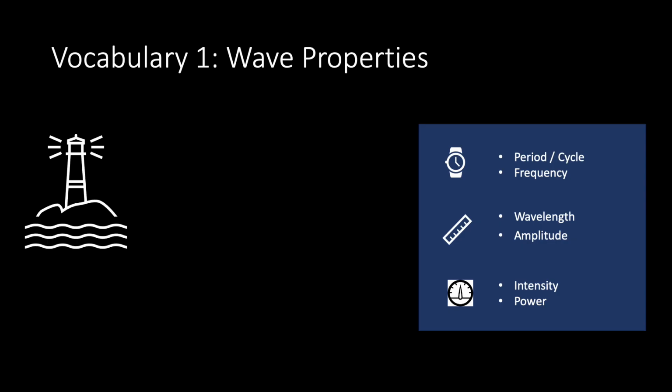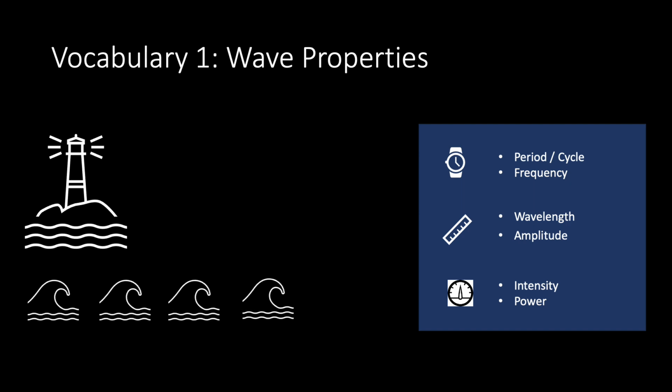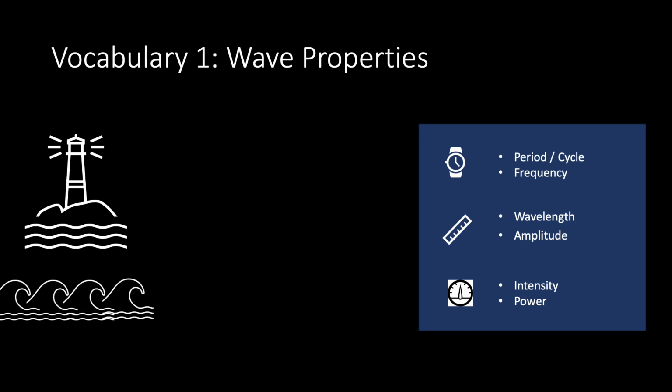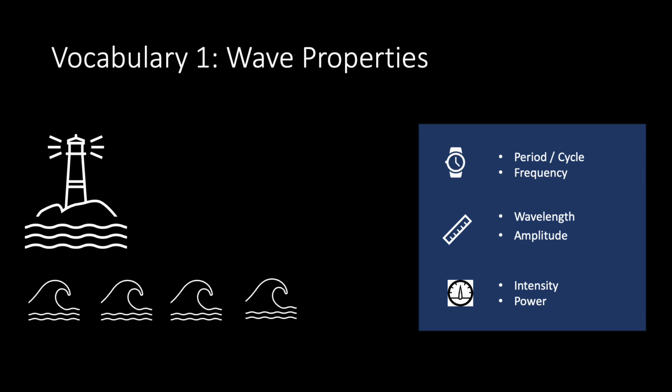So using our analogy of a lighthouse, imagine you were standing on a rocky lighthouse out in the middle of the ocean, watching waves pass you by. You could make a variety of different measurements to help describe those waves to somebody else who wasn't watching them with you. For example, you could see how long it takes between two waves to pass you by. So starting when one wave was passing, starting a stopwatch and counting to see how long it took until a second wave came. And that would be a numerical representation of the period of a wave. And that refers to the time it takes for one wave to pass a given point, measured in time.